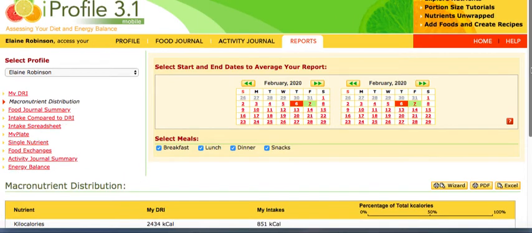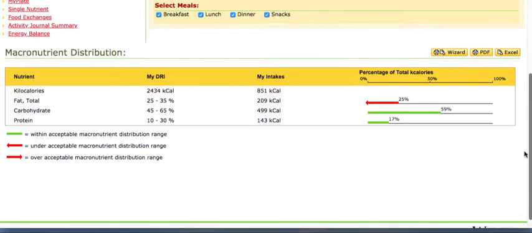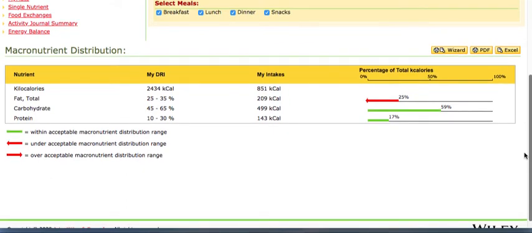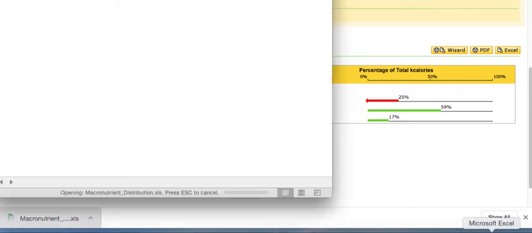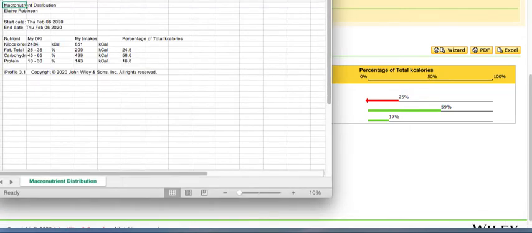What'll happen is you will get a PDF version of this, or the Excel version will come up if you hit Excel. And then what's going to happen is you're going to get the screen. I don't know if you can see this. You're going to get